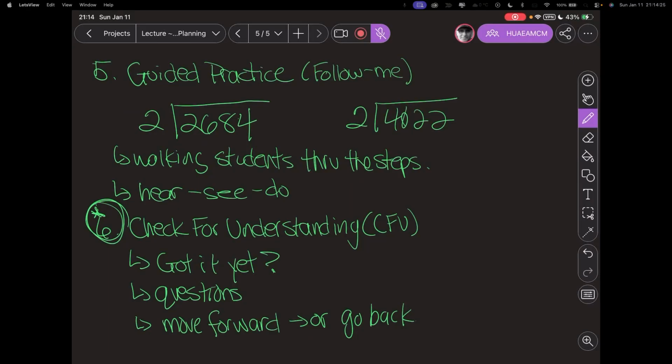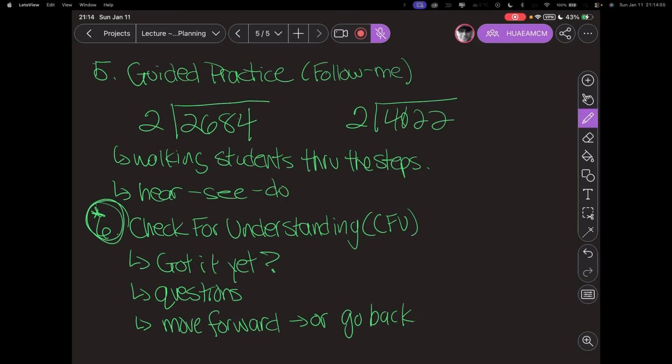Okay. Now, sometimes you can do that with the whole class, depending on how many of them are getting it or not getting it. You can also do it with small groups, and honestly, you could even do it individually. Okay. But at the check for understanding stage, if they don't get it, you can't go forward. Because that's just going to lead to all kinds of problems for you and for the students, right? So we want to set them up for success. So we want to make sure that they get it at this stage before we move forward.